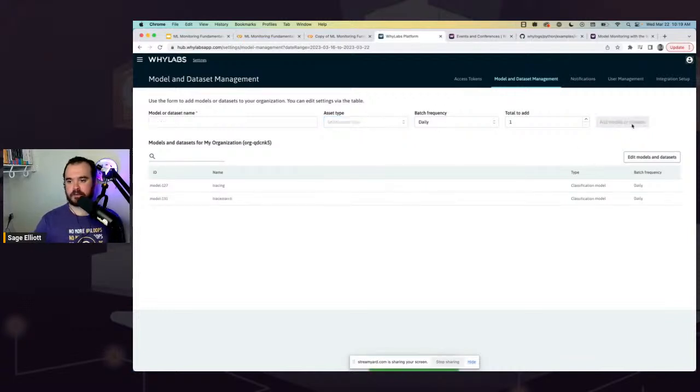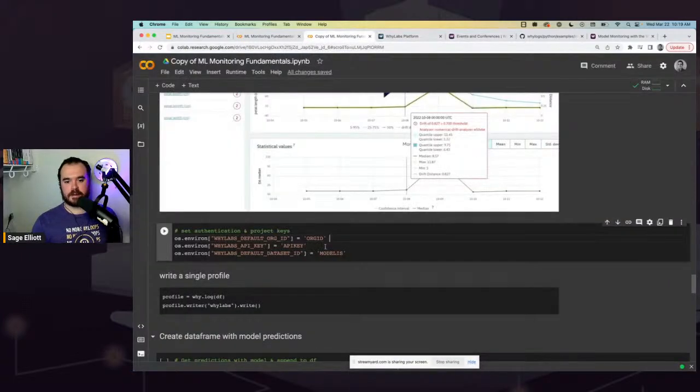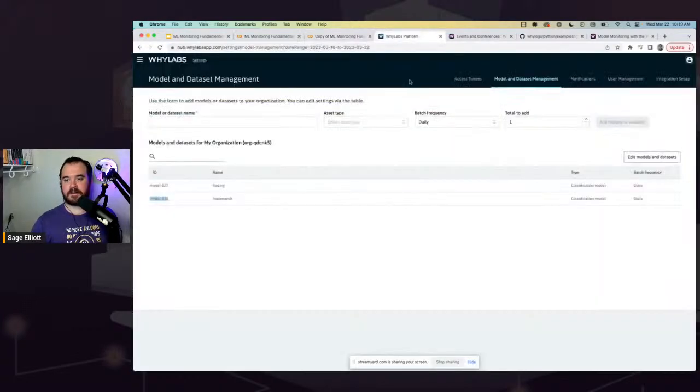So hit add model or dataset, and then you can see I have this number here. My model is 131. Yours will probably be 01, a much lower number. I'm going to grab that number, and then I'm going to paste it into my model ID here. Make sure you don't accidentally copy any spaces into it. You don't want any spaces or new lines in these 3 values. I'm going to go back to the platform,